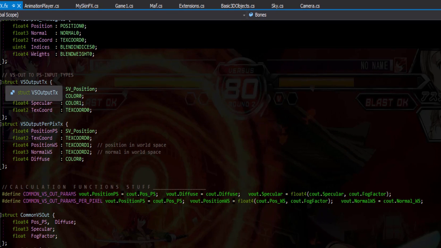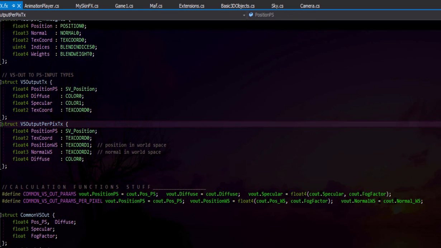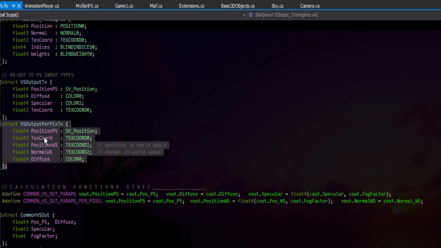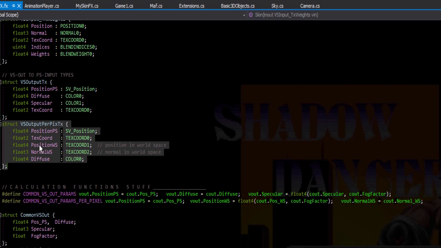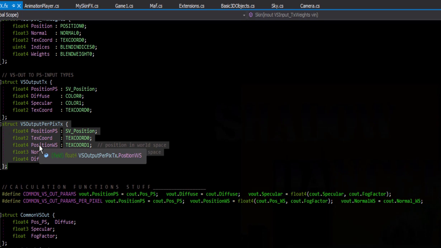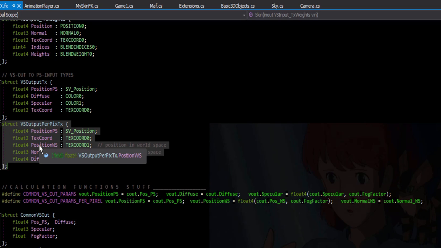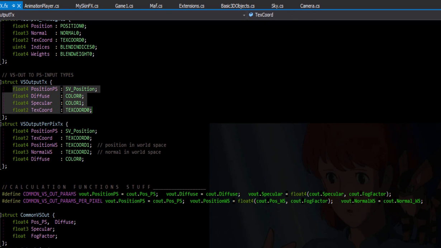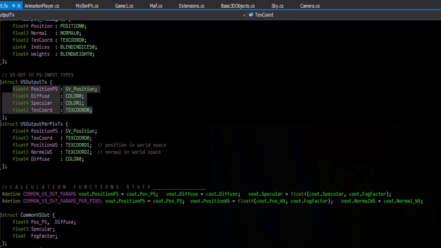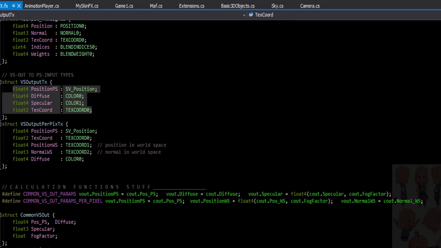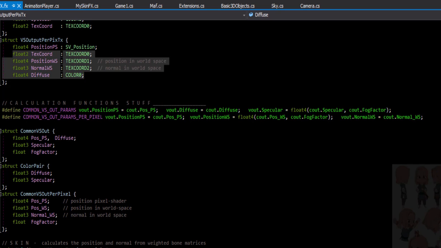These are for each type of pixel shader, so we pass these from the vertex shader out to the pixel shader. We'll probably be mostly using this one, which is per pixel lighting instead of vertex-based lighting. So this one's way shinier because at every pixel you're recalculating the angle between the light and the surface normal and getting the exact amount of lighting that there would be at that point. This one just does those calculations on each corner vertex and then just blends the resulting values in between. So it's not as smooth as this one is. And with this one, you can make really glossy effects.